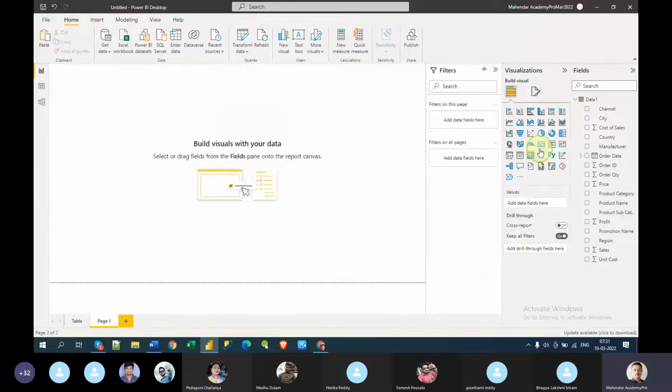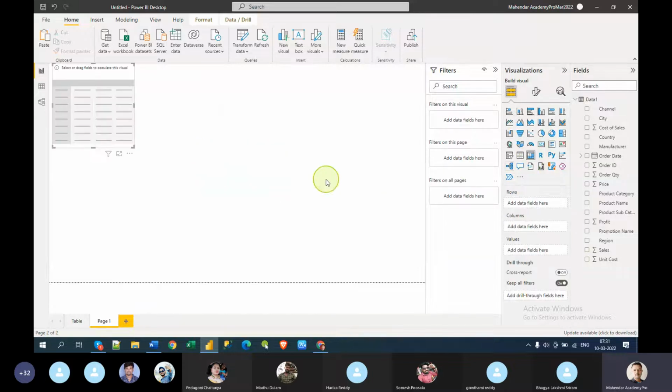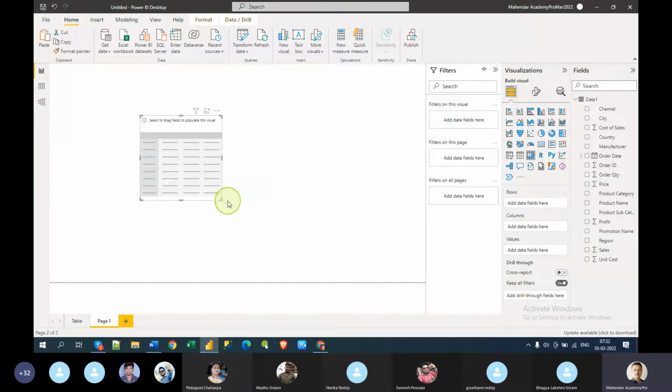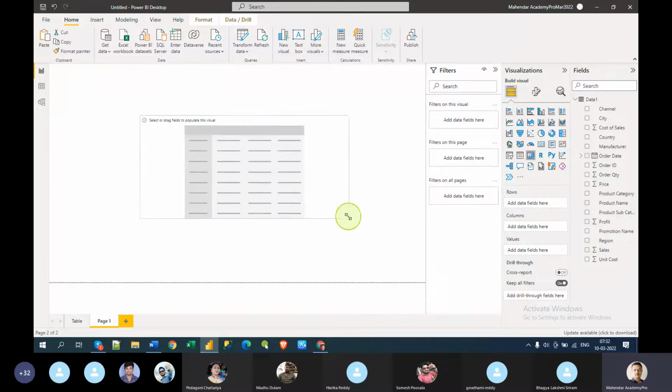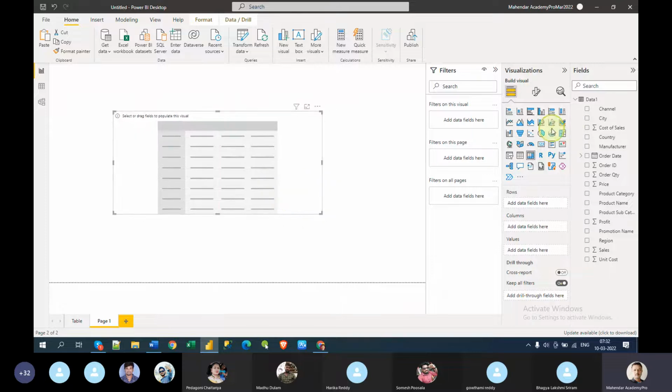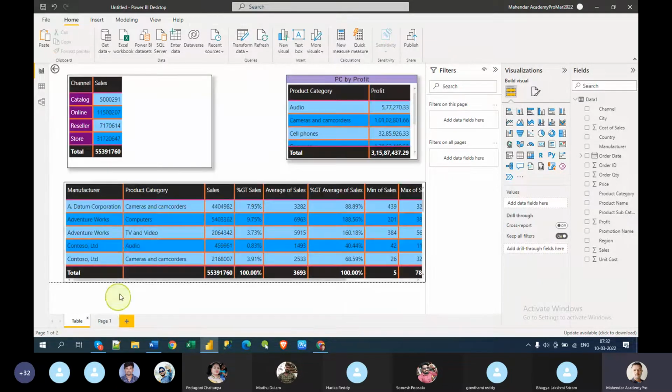So the next visual is matrix. This is one of the most favorite things, and here we can learn a lot. If any visual is not working for you, you can go for this. What is the difference between this and this?